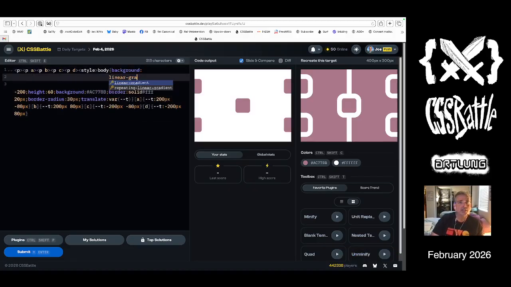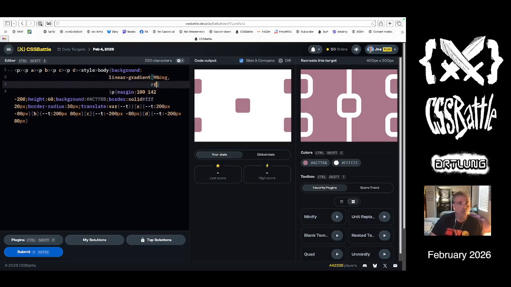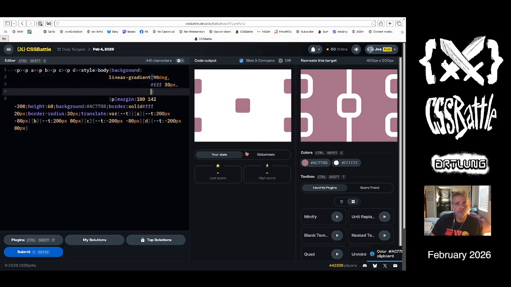Linear gradient, 90 degrees, comma, white. I think that line is 30 pixels, 30. And then this color, 0. And then we move it over. We move it over what? How far? Do we need